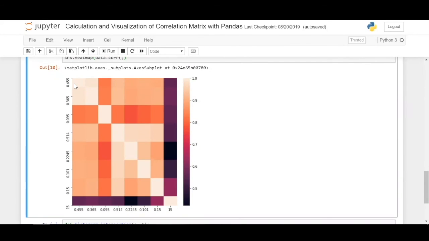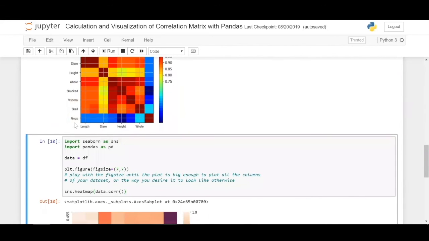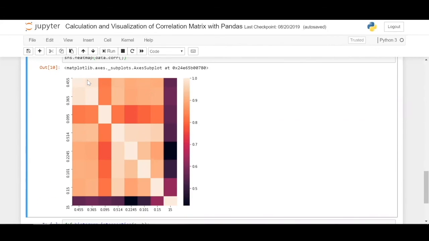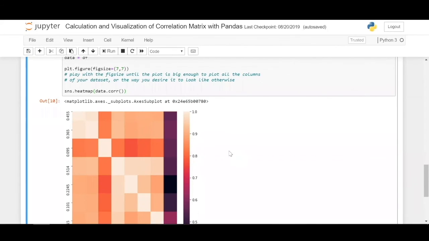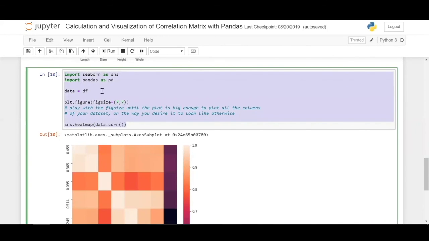These two columns, again 0.45 and 0.36, show high collinearity with respect to each other. Here also, these are length and diameter. So these two are multicollinear, and any one of these columns will be retained for your further data work, probably building a machine learning model, which we will soon be exploring. So this is what multicollinearity is, high collinearity between two columns, and this is how you visualize the correlations in your data.